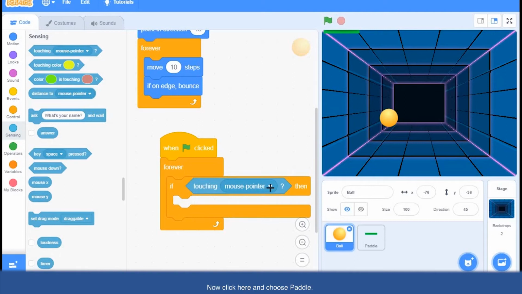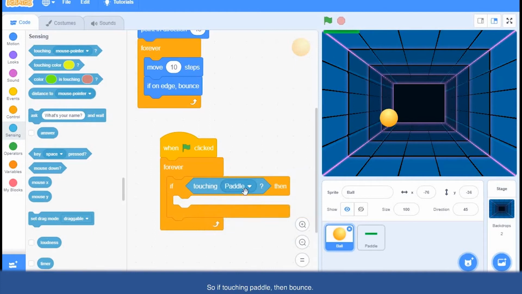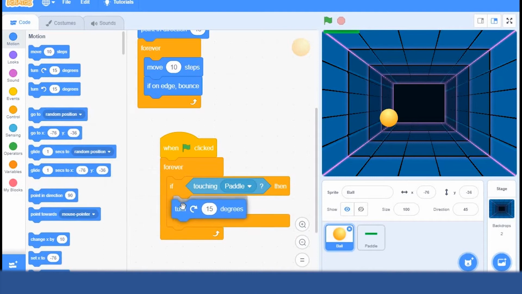Okay, now click here and choose paddle. So if touching paddle, then bounce. So how to add bounce? Get the block turn 180 degrees. So here I am saying turn 180 degrees, and anyway, forever it will move.